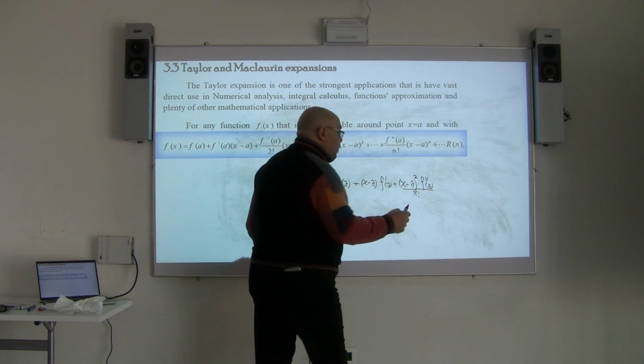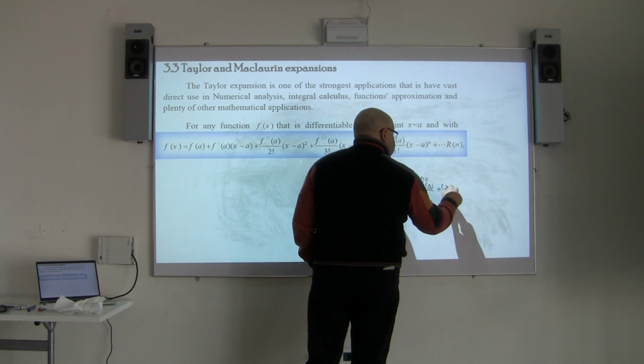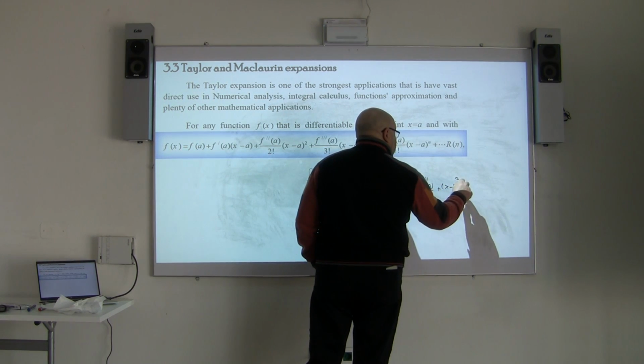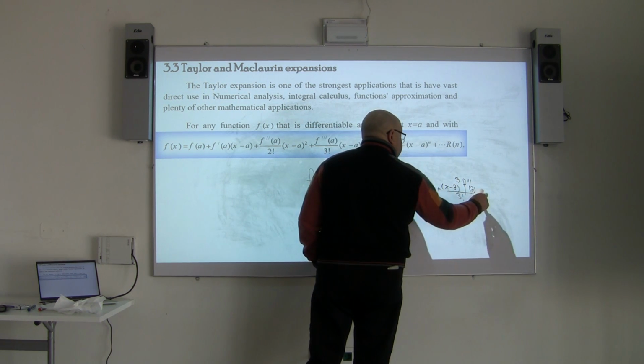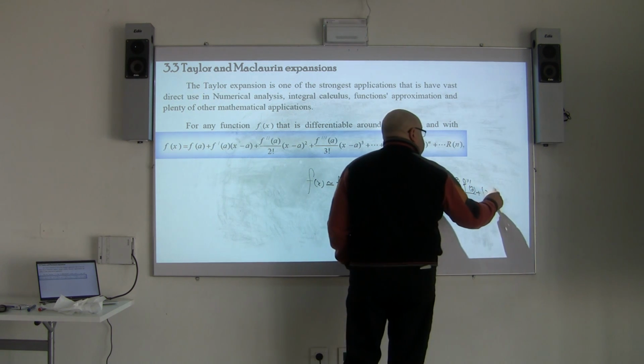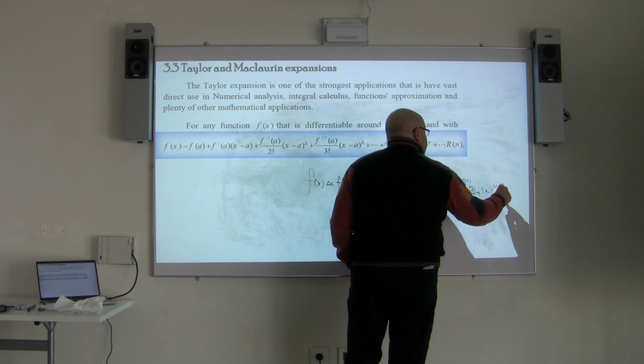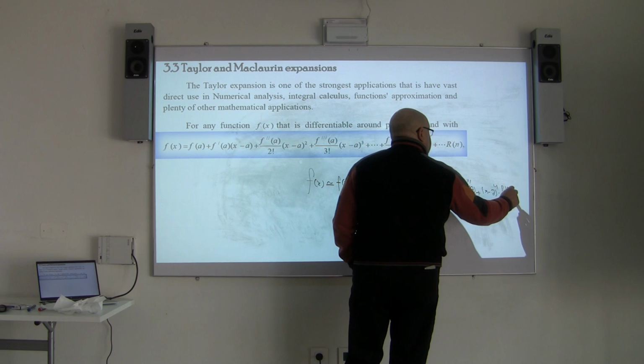Then plus x minus a to the power of 3 times f triple dash at a divided by factorial 3. Then continue x minus a to the power of 4 times the fourth derivative at a divided by factorial 4,